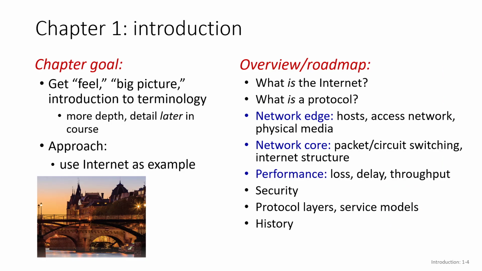So this is our roadmap, or I would say the introduction. The first thing we would have to see is what is the internet, and as you know, the internet is a network of networks. Then protocols, how computers speak to each other, and the different components of a network. You have the network edge, network core, and then the performance of the network, the security in the network, and the different layers, because there are multiple layers in a computer network.